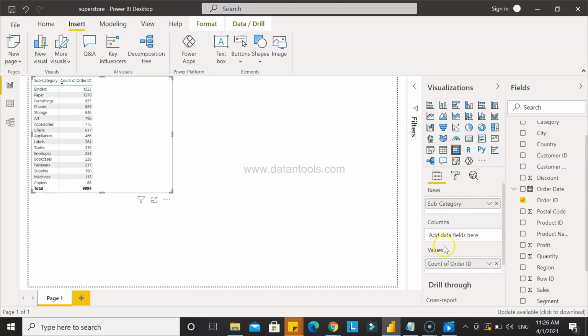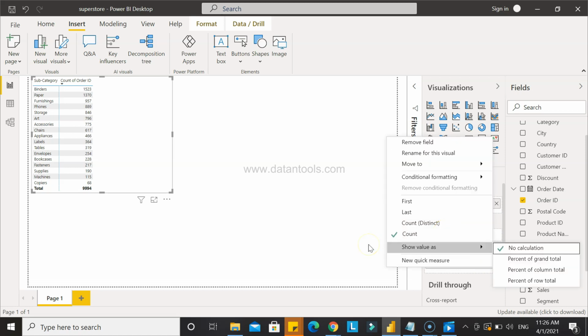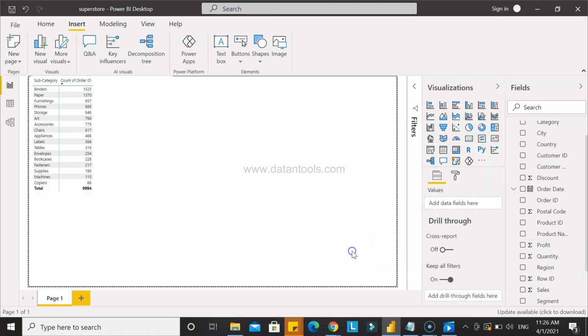Now this counting, which we have done using the inbuilt count function, I don't recommend. For example, if you have to do the count of order ID at multiple different places in a big report, it may be that you are using it in 4 or 5 or maybe 10 different places. In that case, using the order ID again and again and changing it to a count does not make a whole lot of sense.